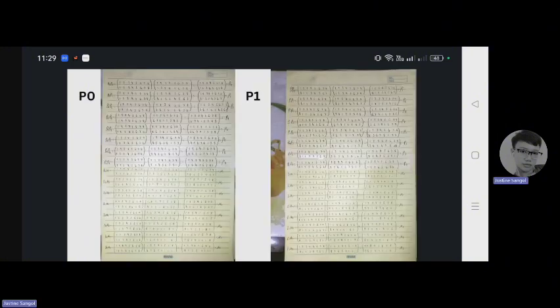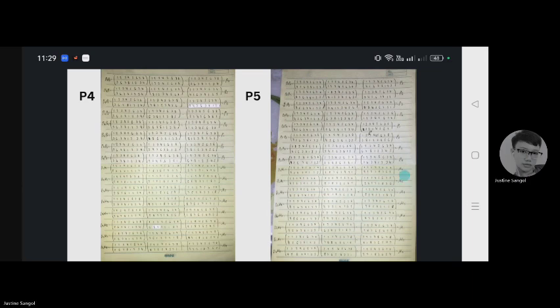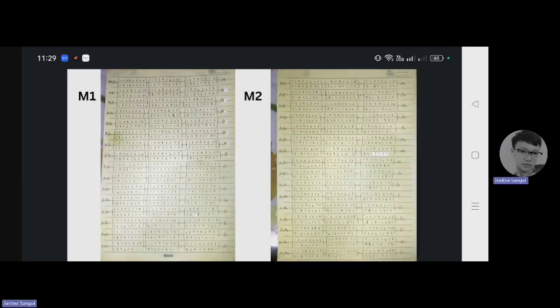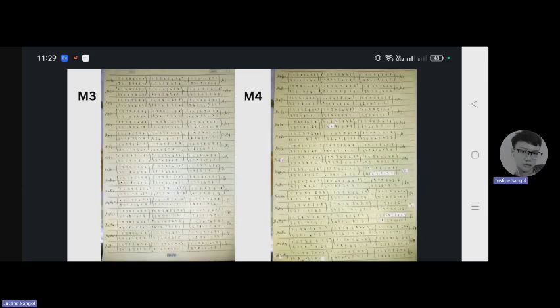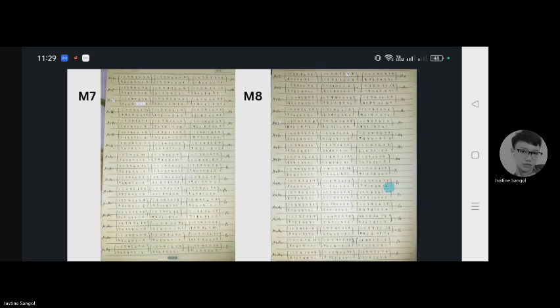So here is the P0, row 0 and row 1, row 2 and row 3, row 4 and row 5, row 6 and row 7, mu1 and mu2, mu3 and mu4, mu5 and mu6, mu7 and mu8, and that's why